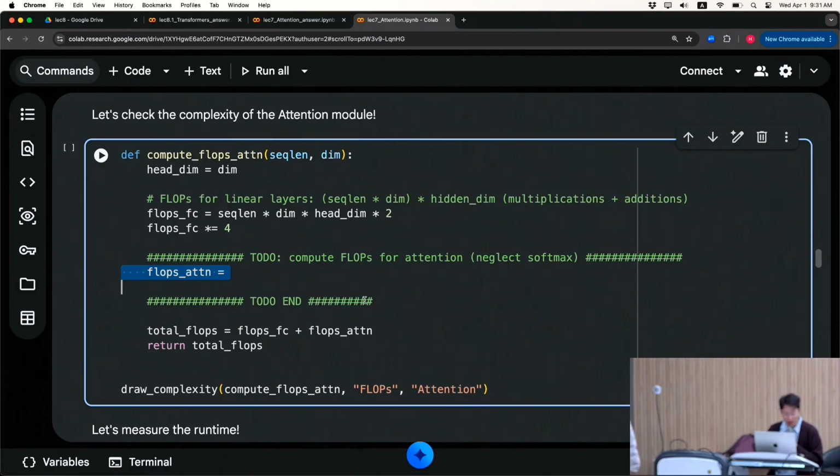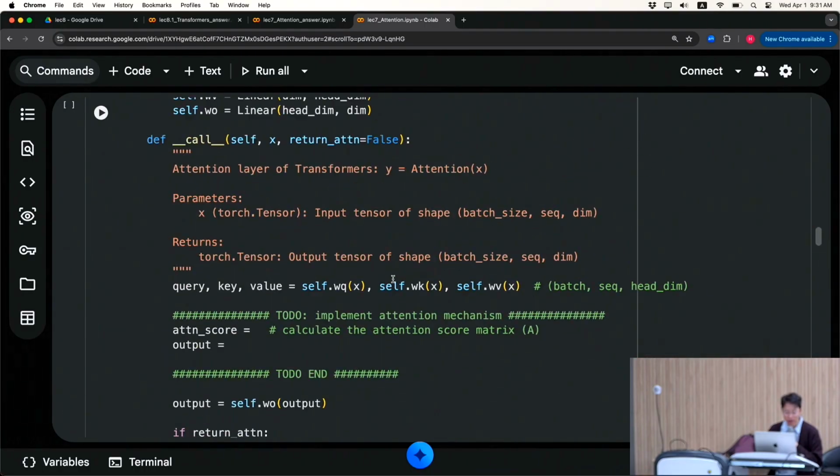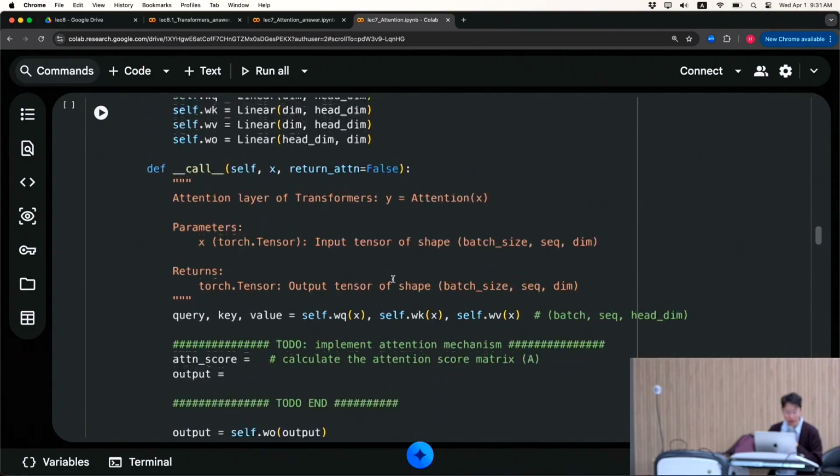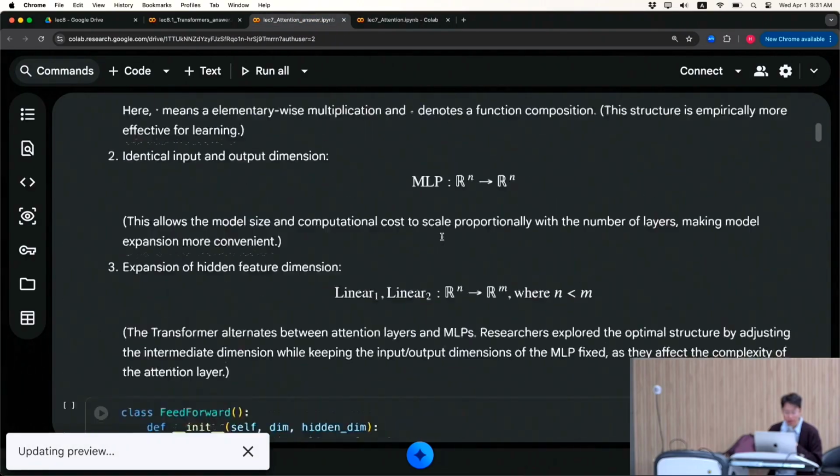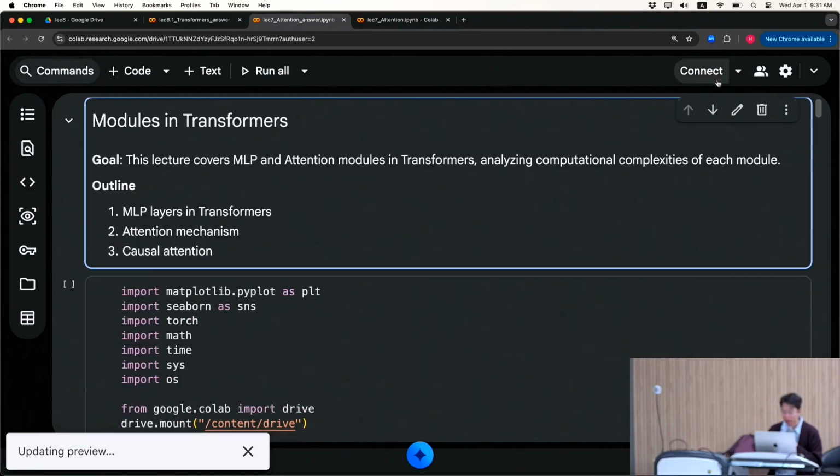Okay, let's get started. So last time we implemented the attention module and checked the dimensions. So let's connect and